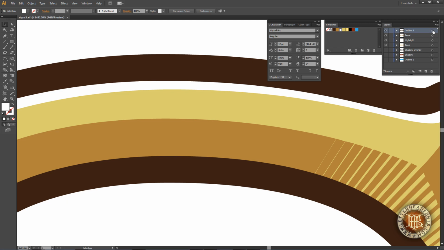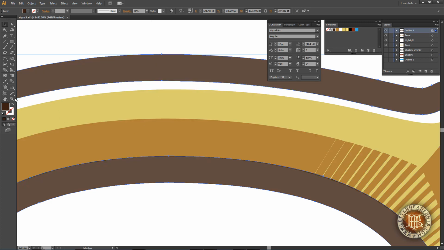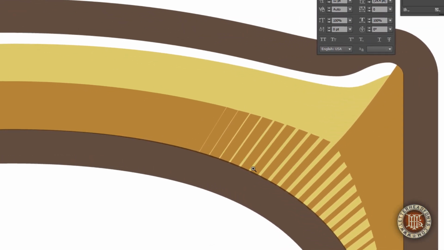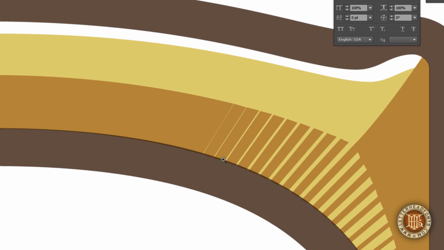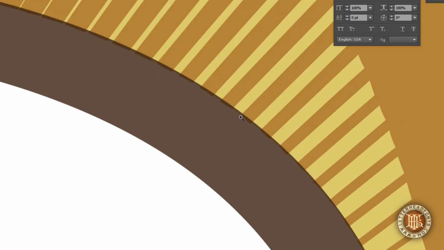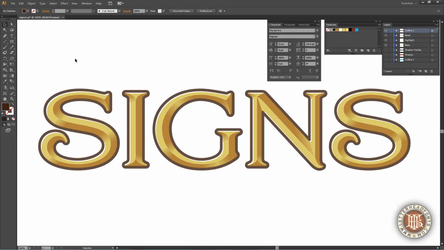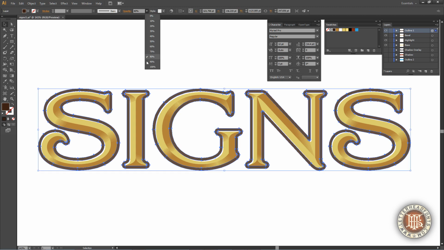I'll change the opacity of the outline font so you can see the overlap that we created. See, we actually created the outline font to overlap the bevel font slightly. This helps hide tiny imperfections caused by anti-aliasing or point integer rounding, which is another discussion for another time. So in the end, it's really best to convert the text to vector outlines rather than relying on the application's rendering method for text.